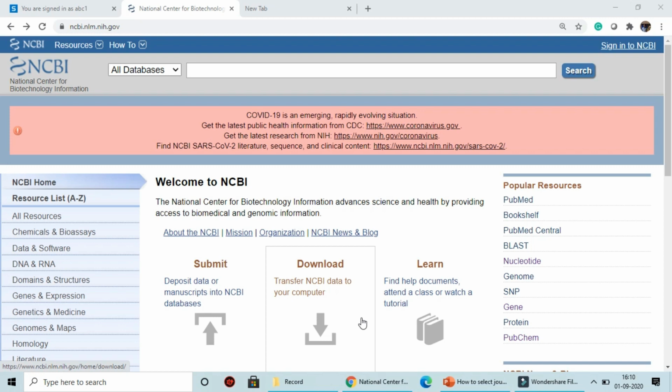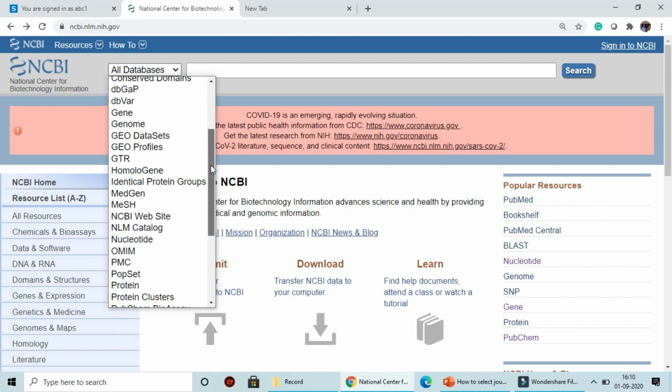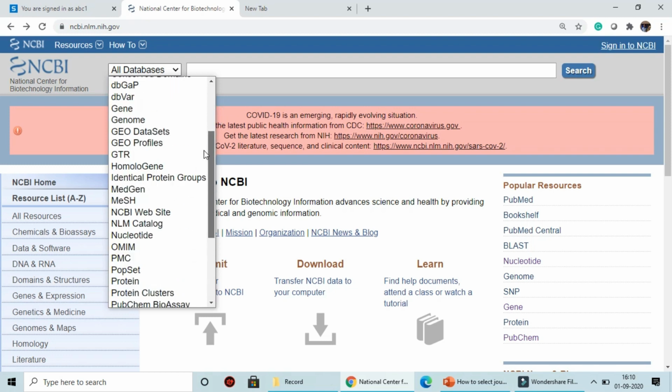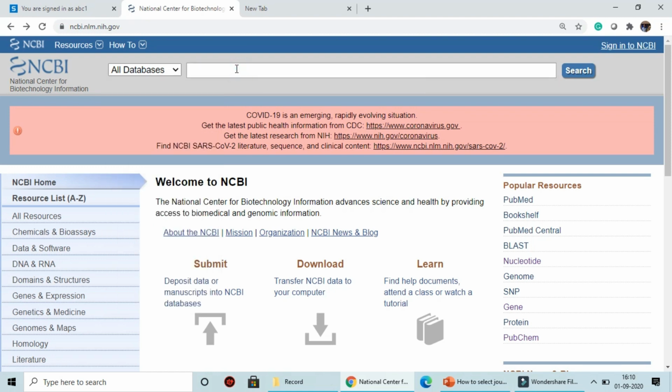The URL of NCBI is ncbi.nlm.nih.gov. As I already mentioned, the SSN number is unique. So while you are browsing NCBI, you don't have to bother from which database I can retrieve this particular sequence, because the SSN number is unique. No problem, I can search in all the databases, but I will get one and only one sequence. So your job is very easy once you have the SSN number.